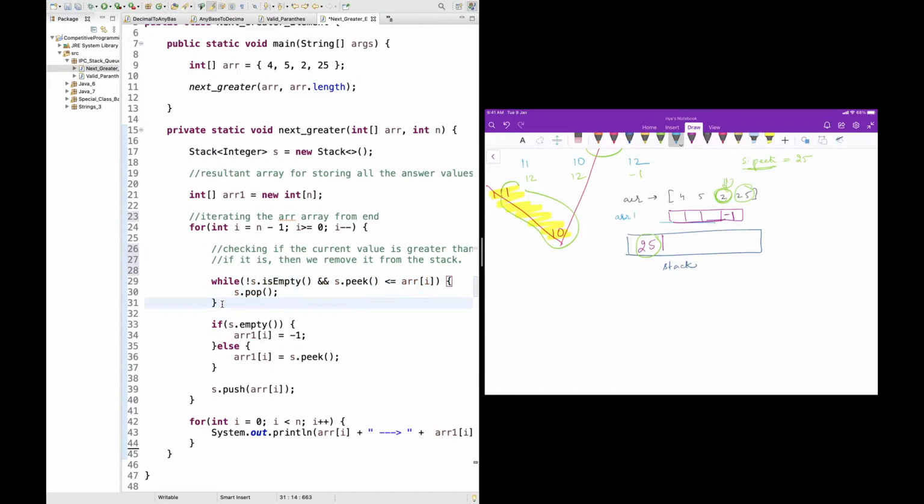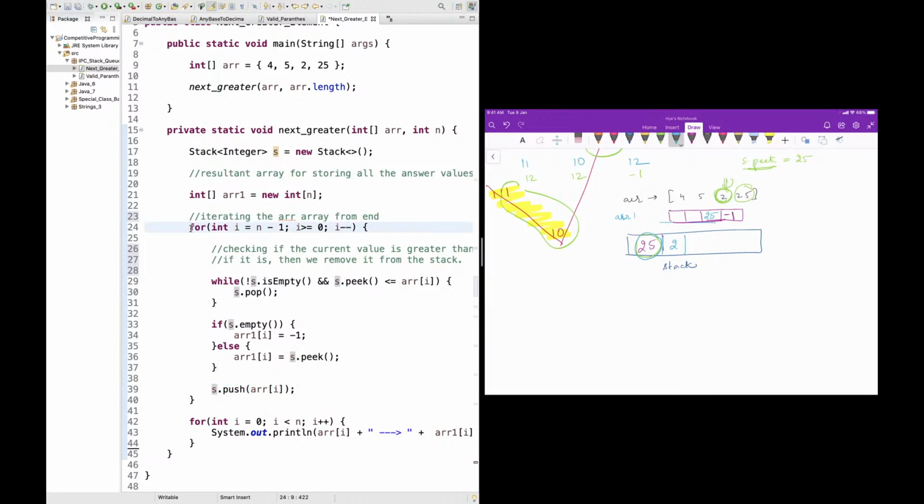अगर आपको while loop में जाना है, then both these conditions should be true, है ना? If even one of the conditions is not true, then we don't go here. If the stack is empty, no, the stack is not empty. Otherwise, what you do is whatever is there at the top of the stack, that is s dot peek, आप उसको डाल दो ARR of I पे. मतलब यहाँ पे आपने डाल दिया whatever is present at the top of the stack, ठीक है. और फिर आपने एलिमेंट को पुश कर दिया स्टैक के अंदर. So you simply put 2 here, ठीक है. आपने एलिमेंट को पुश कर दिया, ठीक है.